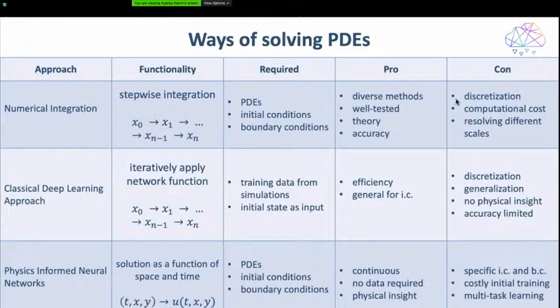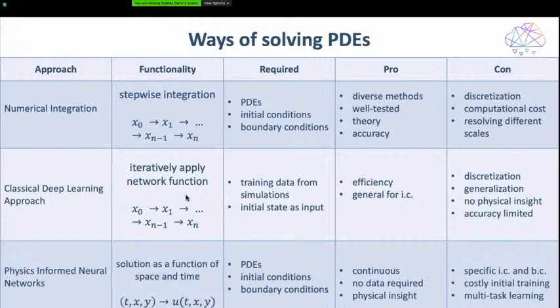However, with the discretization and the resolution of different processes at different scales, we get a high computational cost, and at some point the amount of computation we can do is limited. Therefore, in some examples it was already tried to replace these with machine learning approaches such as deep learning. And there the classical approach would be that instead of numerically integrating, the neural network is trained